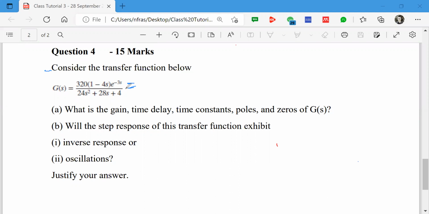So for you to do that, you can see that on both the numerator and the denominator, you've got 4. So if you can factor out 4 from the denominator and 4 from the numerator, the 4s will divide, and then you will have it simpler. Simply means that on your numerator, you're going to have 18, 1 minus 4s multiplied by e,